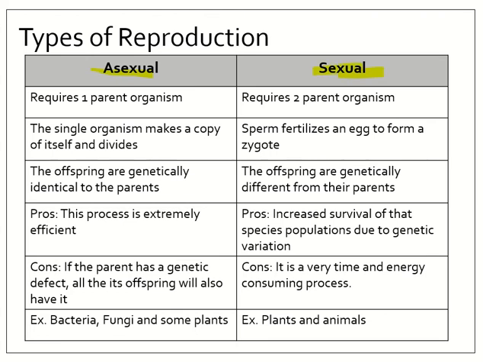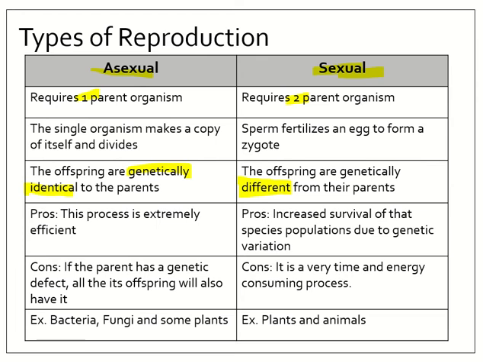The main thing we talked about in the diversity unit is that asexual requires one parent while sexual requires two parents. When you are talking about asexual, it makes a copy of itself genetically and then splits in half, very similar to mitosis, whereas sexual reproduction needs sperm to fertilize the egg. A big difference between the two is that in asexual reproduction, the offspring are going to be genetically identical, whereas in sexual reproduction, they are going to be different, which allows for variation. It's why you don't look identical to your parents. Yeah, some people do, but not generally.